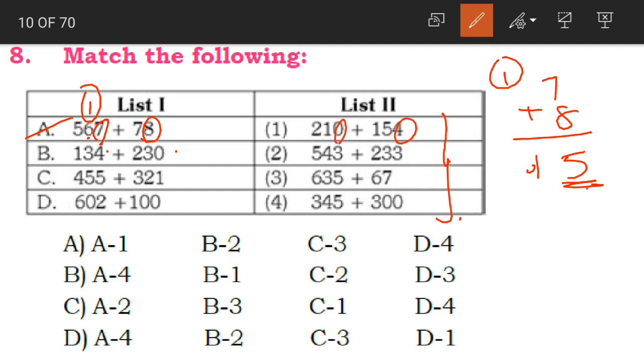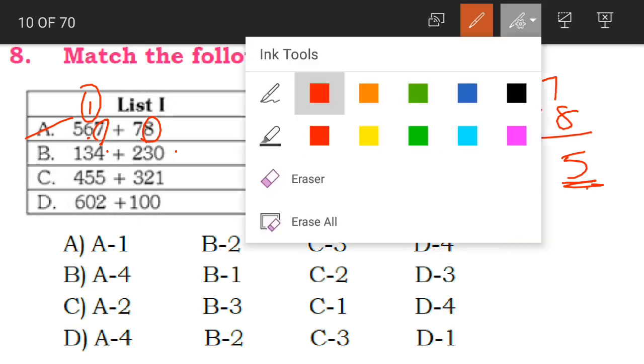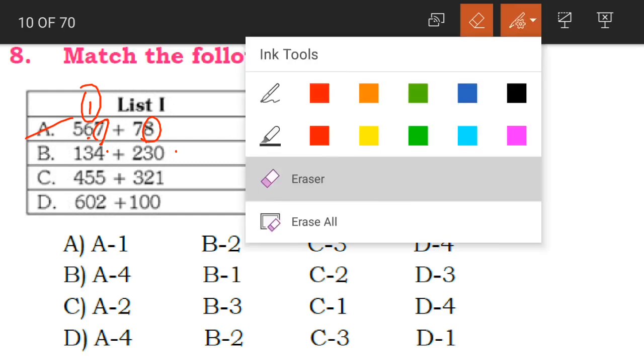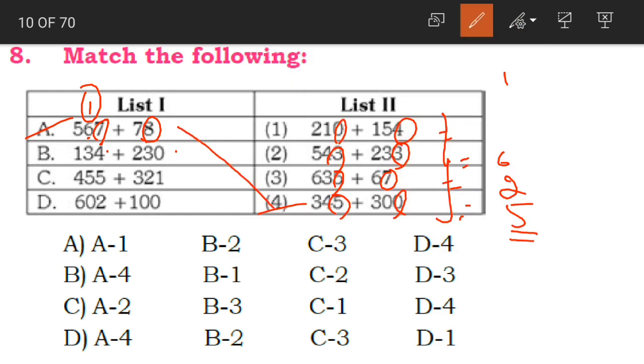See here, 0 plus 4 is 4. Here 3 plus 3 is 6. 5 plus 7 is 12. So we'll have 2 here. 5 plus 0 is 5. Yes, children, only option 4 will have 5 in the units place. So what can we say? We can simply say that the correct answer for option A is option number 4. Even without solving it. Or else you can solve and cross check also.